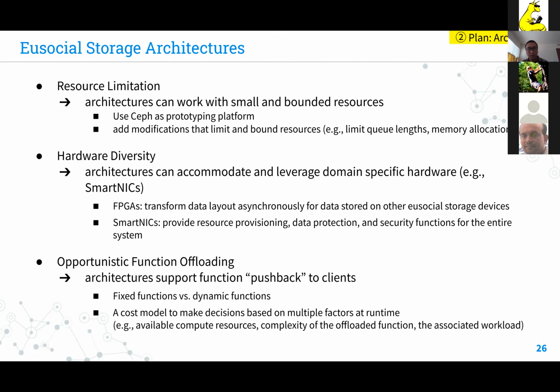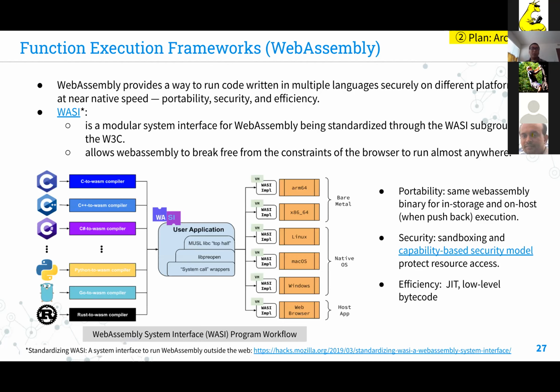And so regarding the execution of dynamic function within the storage devices, it essentially is important to have a function execution framework that runs within the device. Currently there are two popular technologies that would allow untrusted or user customized code to run within a sandbox environment. The first technology is called WebAssembly. This technology was originally created to allow programs written in languages other than JavaScript to run efficiently within the browser.